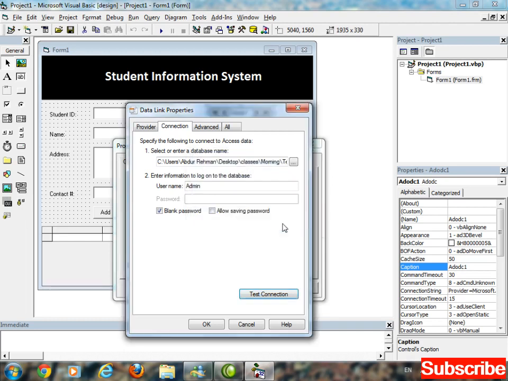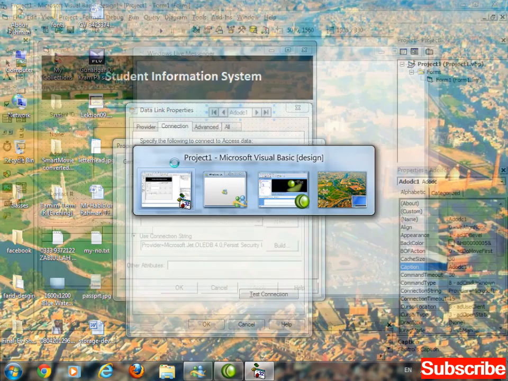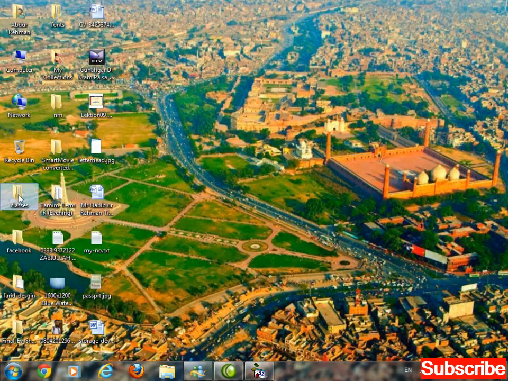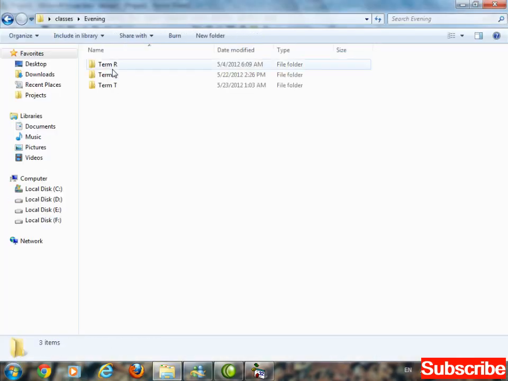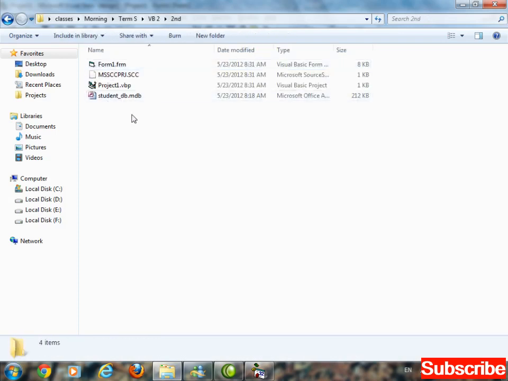Okay. The next thing, you can remove this extra path because our database and complete project files are located in same folder. Here you can see the database is also located in same folder, and the complete project is also inside this folder.